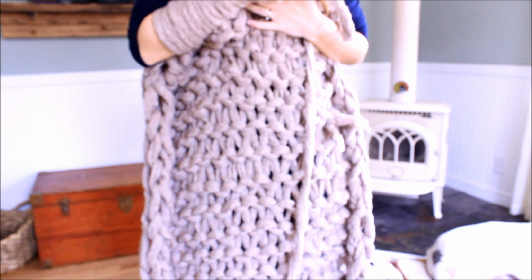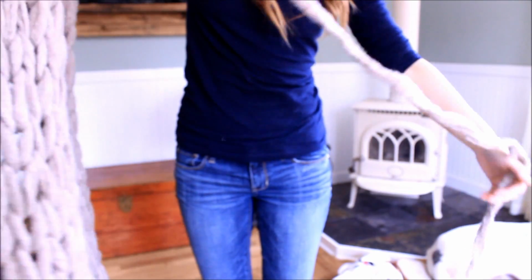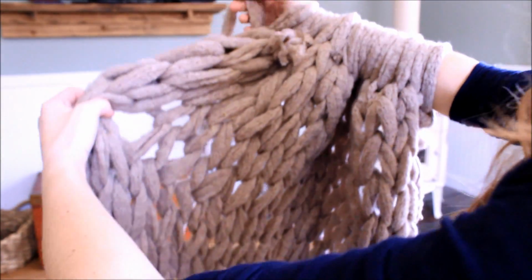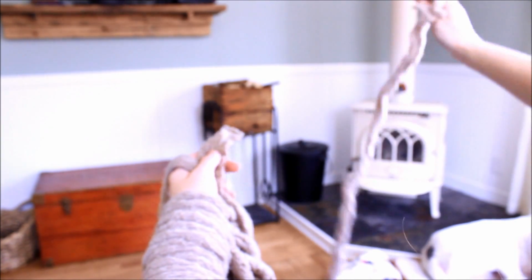So, I think I'm going to do one more row. And then I will show you how to bind off. So I'm going to go ahead and do my 32nd row. I just finished my 32nd row of arm knitting, and I'm going to go ahead and tie on my 11th